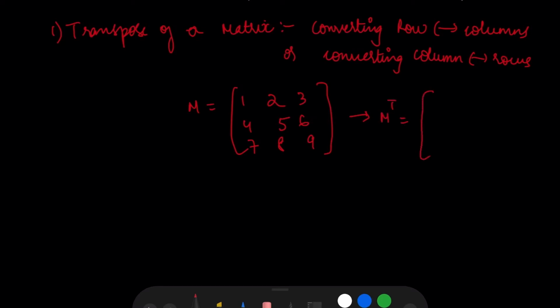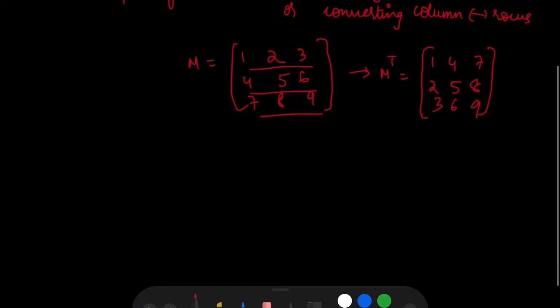Here the elements of the first row will now change into the elements of the first column, 1 2 3. Similarly, the second row elements will now become second column elements, 4 5 6, and the third row elements will become the third column elements, 7 8 9. So this is how you make a transpose of a matrix.